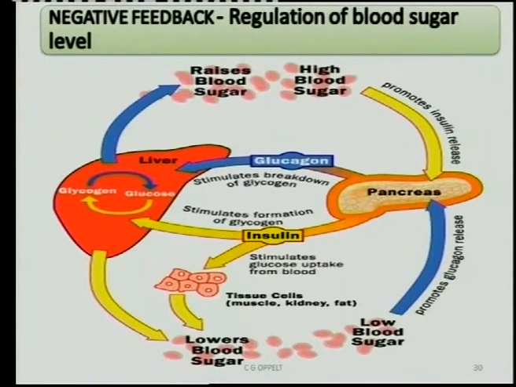And this is where we want to get to. If they have seen last year's paper 2, they would have seen that this was part of paper 2, and it was an essay question, 15 marks, on the negative feedback regulation of the blood sugar level. So what happens when the blood sugar level is too high? You see, it's a high blood sugar level. Let's take this as our starting point.